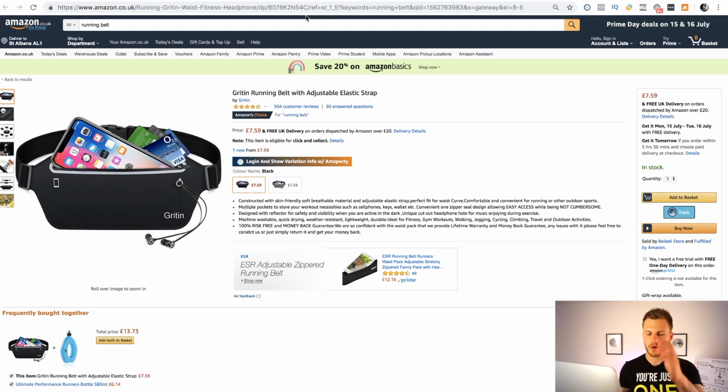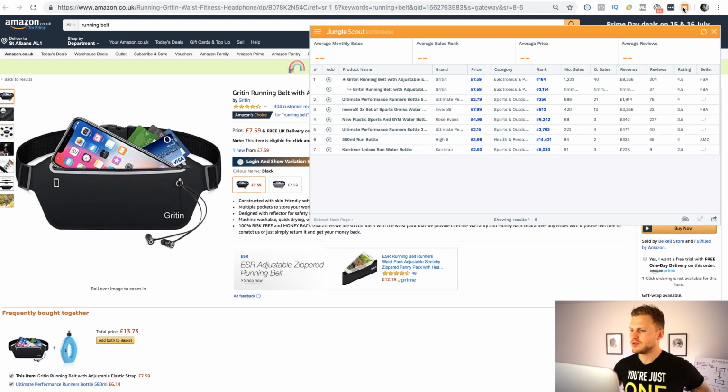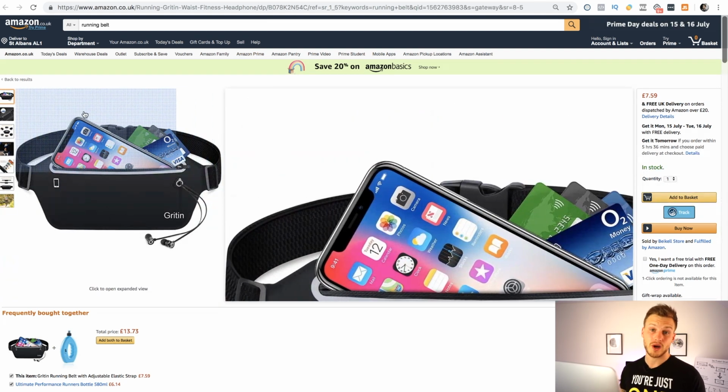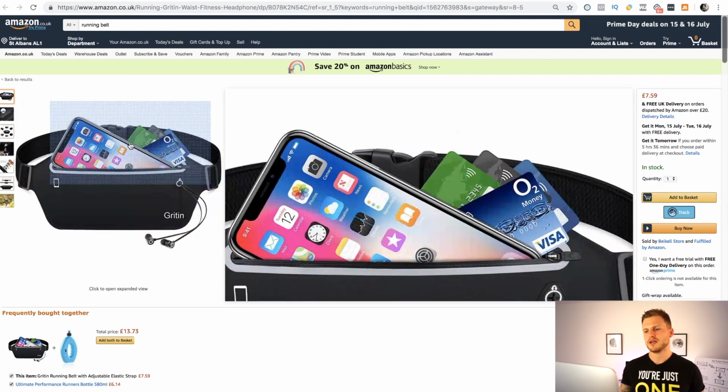The first image, when I look at this, okay, personally, although they're selling a lot, let's have a look at good old JS, it says 9,300, they're doing at least 10,000, they're probably doing around 14,000 or something like that. I tend to find that Jungle Scout underestimates product sales, whereas other ones, like AMZ Scout which I used, overestimated them horrendously. Well, that was the last time I used it, which is why I never use them again. So these guys, okay, this first image,